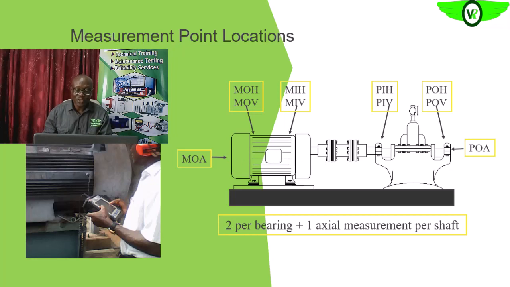So the three positions are the vertical position, that is the position at right angle, vertical right angle to the bearing on the housing. Then we have the horizontal position, as you can see on your screen here. If you look at this diagram, this point where you have the pointer is the vertical position, and here,